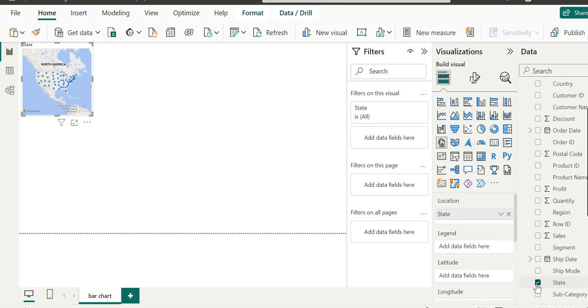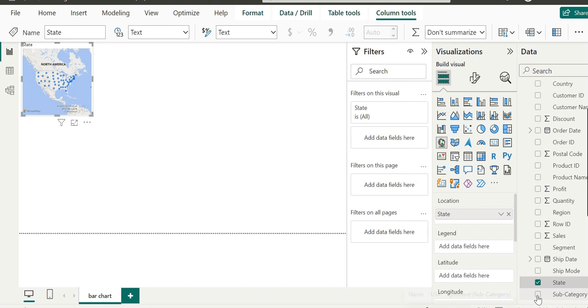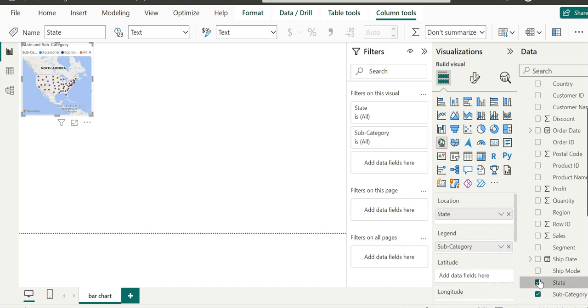Now we are going to select yet another categorical field called subcategory. So what we will do is simply drag and drop here.